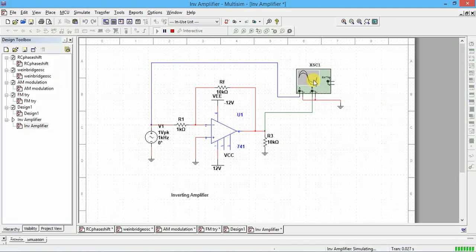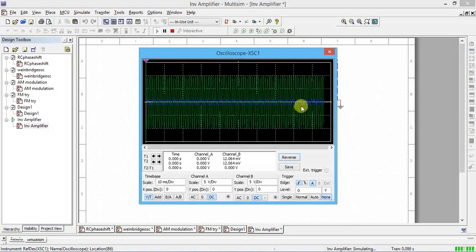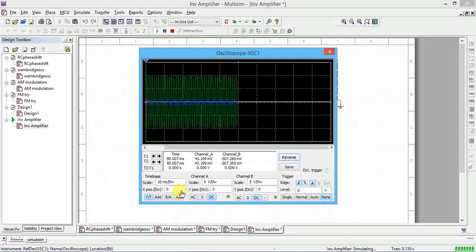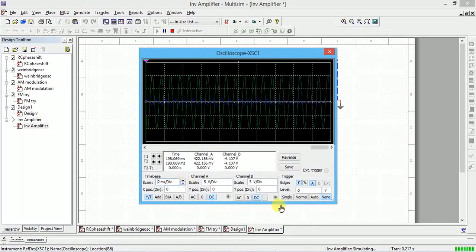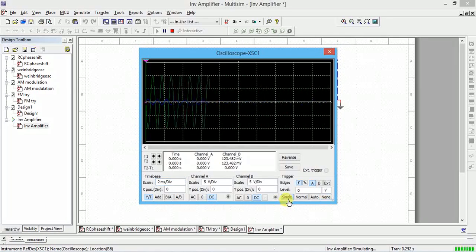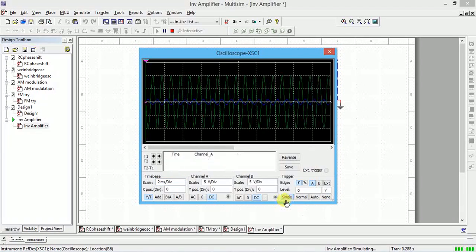Simulate this. Now double click on the oscilloscope and increase the time base. Click on single.